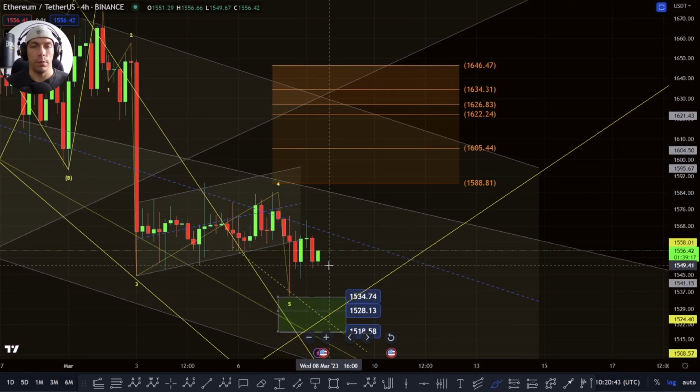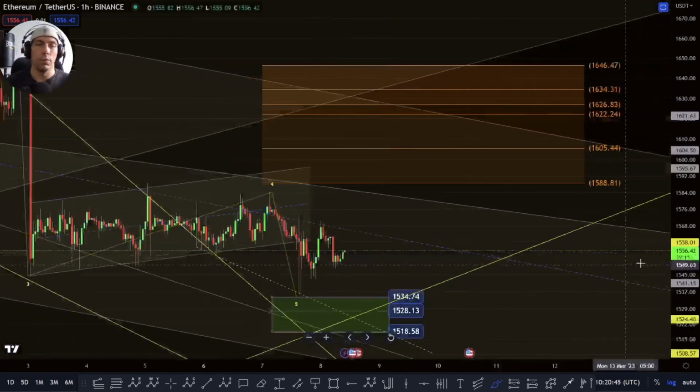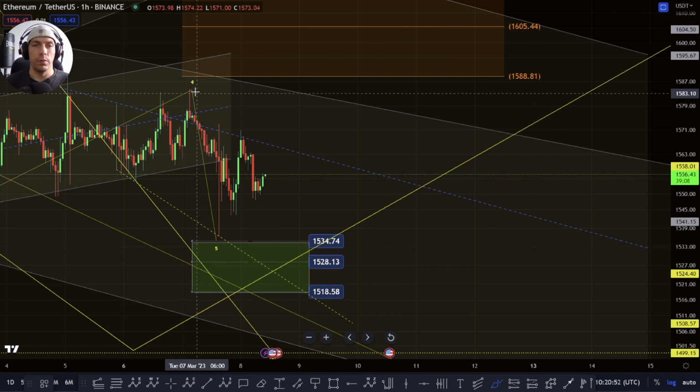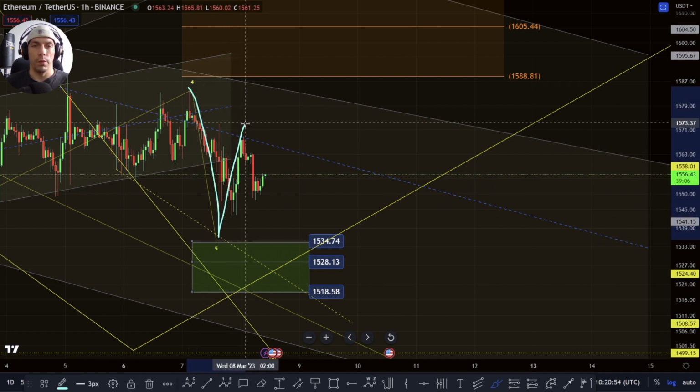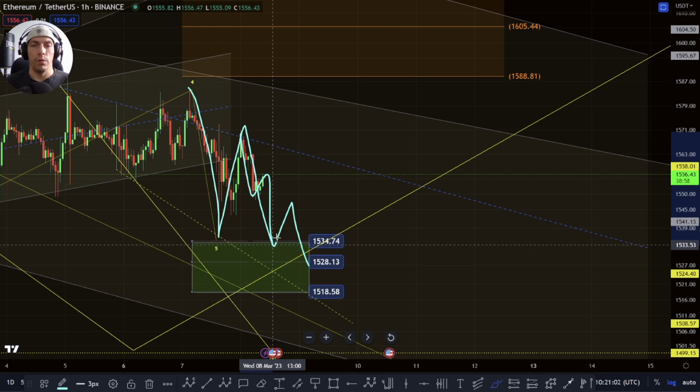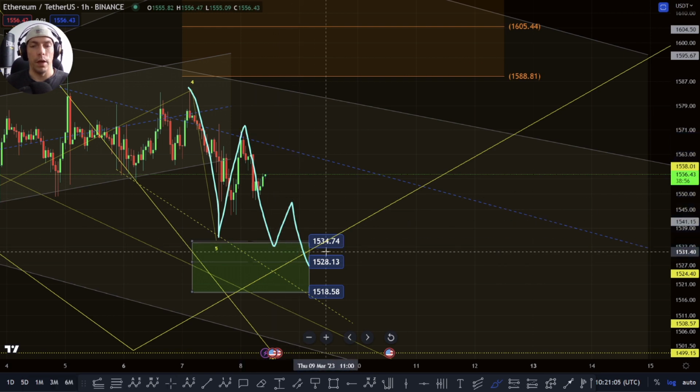So even within this smaller time scale here, let me just jump into this. We are currently getting rejection off this 50% line here. It is possible that we could be seeing something like a diagonal playing out here. We're going to get something like this. This becomes a 1, 2, get a three-wave move for 3, a 4, and a 5,